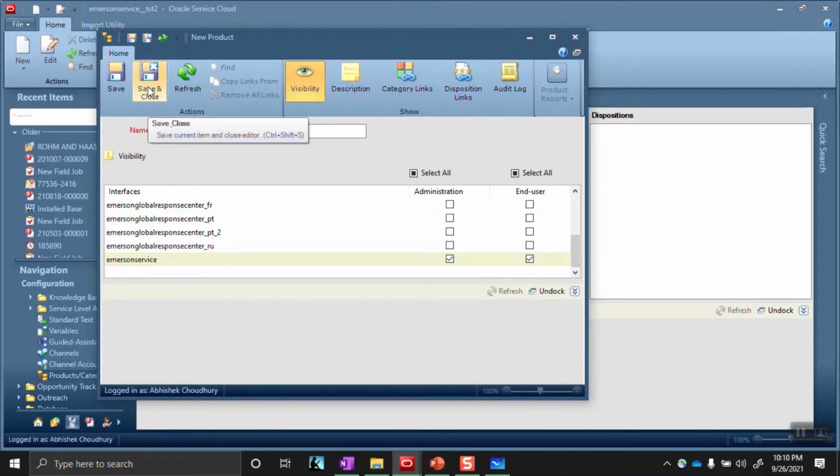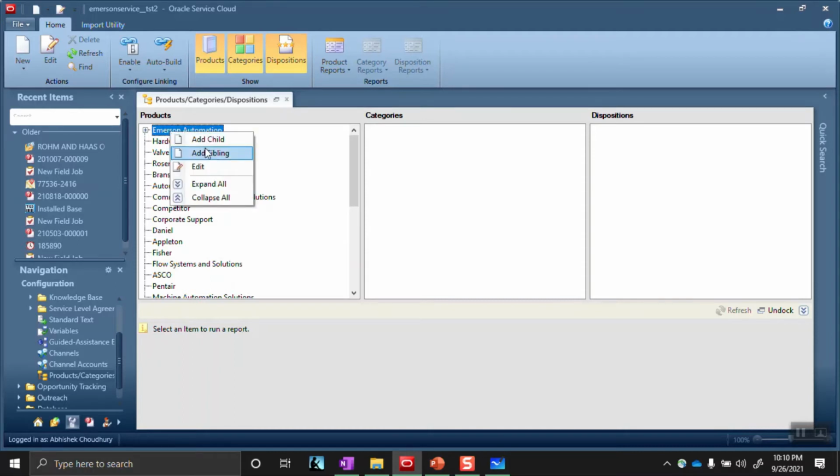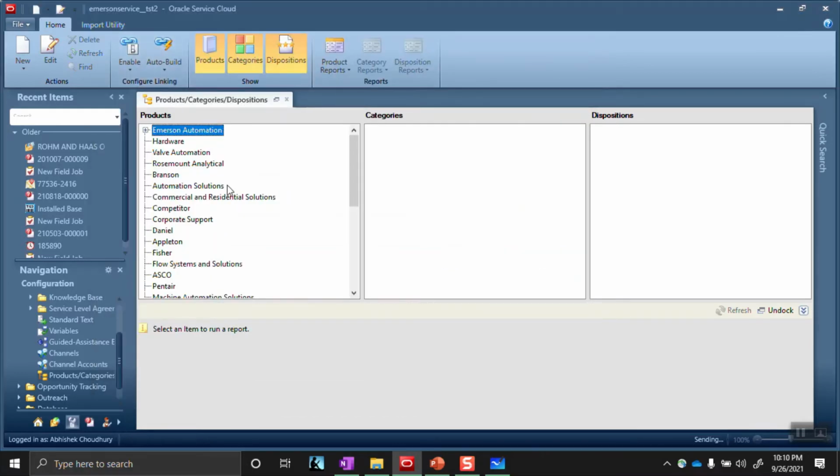Similarly, we will do it for software. New, add sibling, and we will do software. Again we will use it for this particular interface, and we will have software.